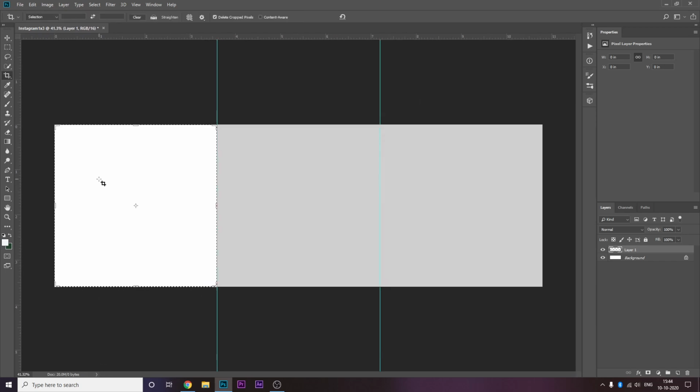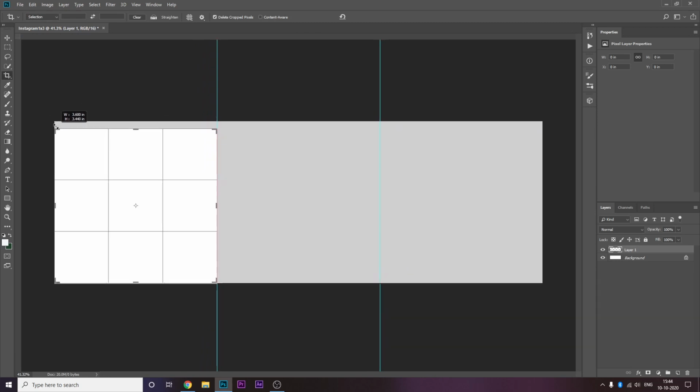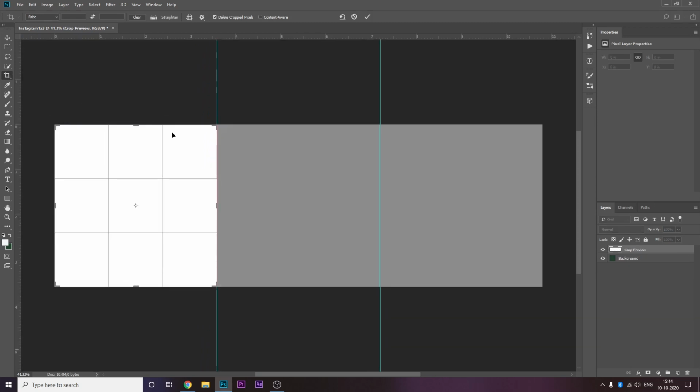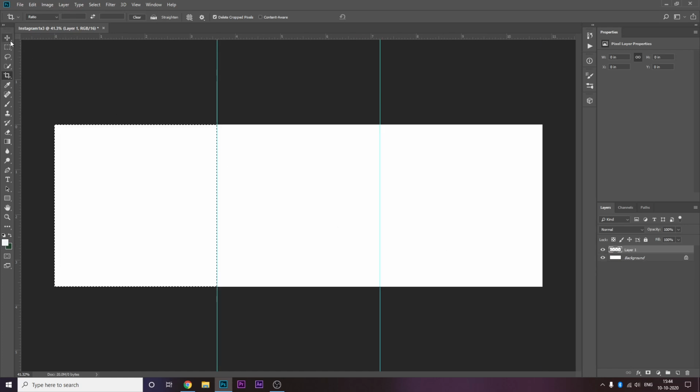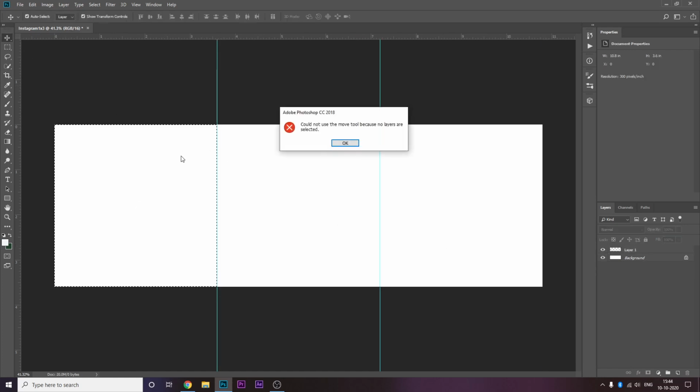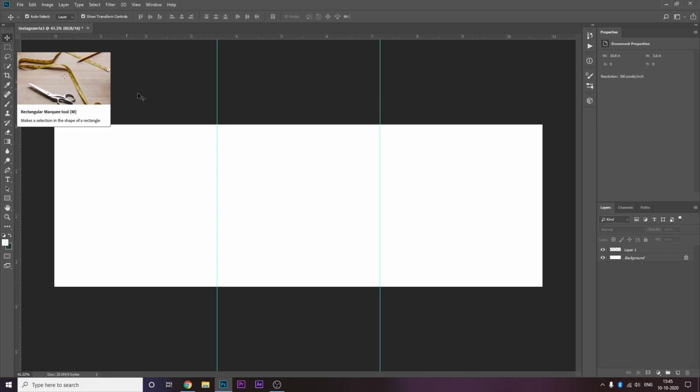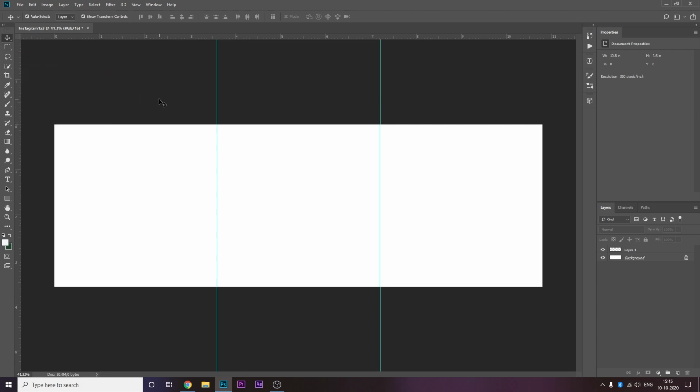This part is our first post, and similarly, this is our leftmost, this is our centermost post, and this is our rightmost post. So I'll explain each tool because this is a guide of sorts for you guys to refer to. I'll try to put in timestamps so you can follow along.